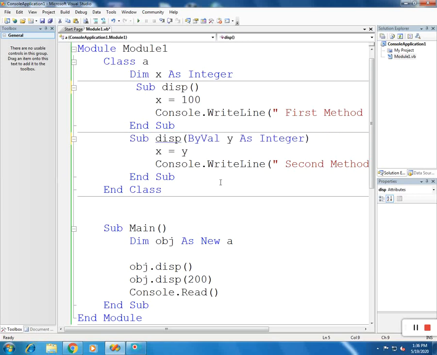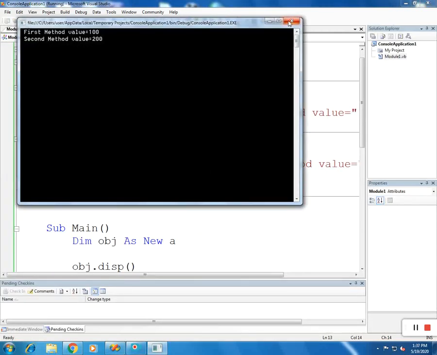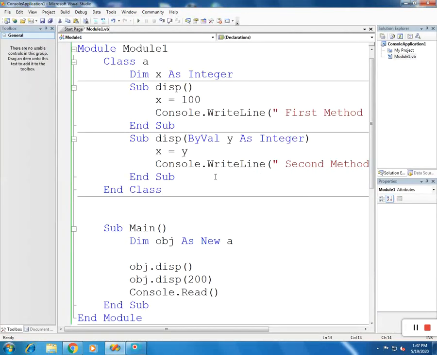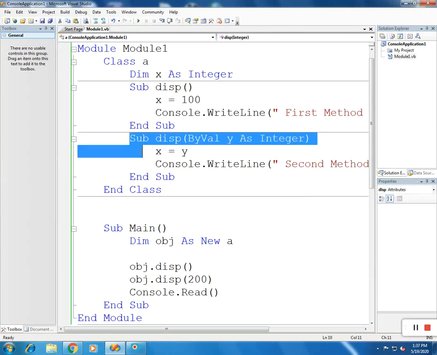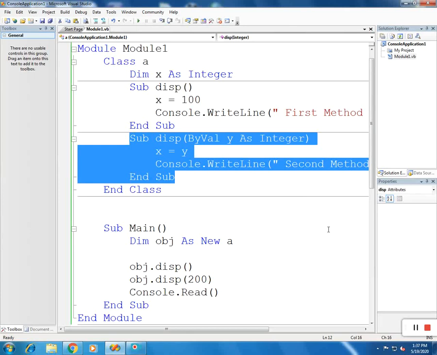You can write it, and you can also leave it out. But when is this Overloads keyword mandatory? Let us do something more.